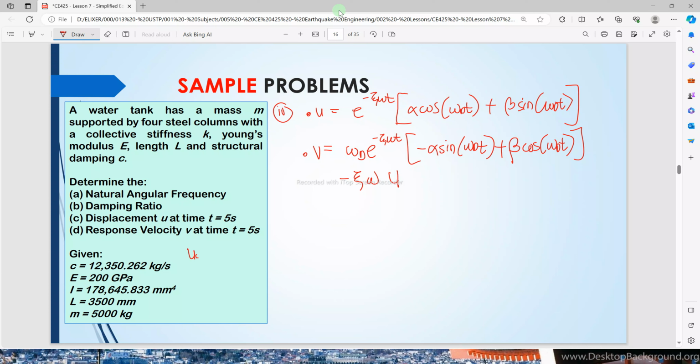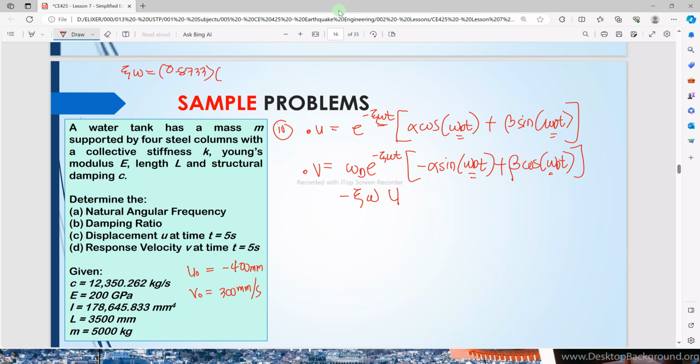Okay. So take note that our initial displacement u is equal to negative 400 millimeters, and initial velocity is 300 millimeters per second. So may next na ito buhaton dire. So para dali atong life, atong buhatan og combination. So for the psi omega, that is equal to 0.8733, then our omega is equal to 1.4142. So our psi omega, that is just